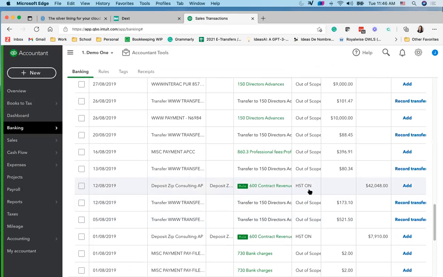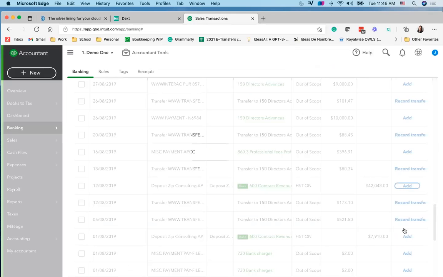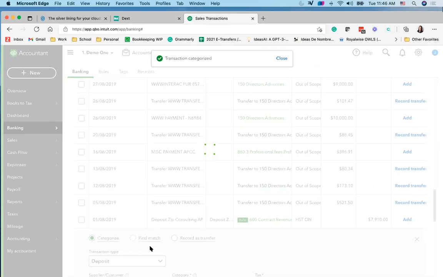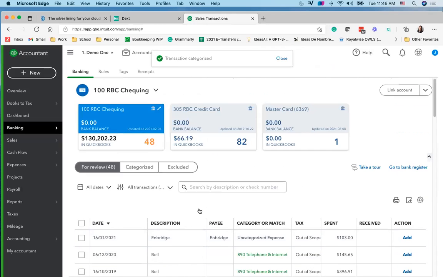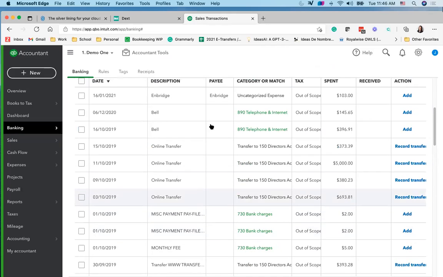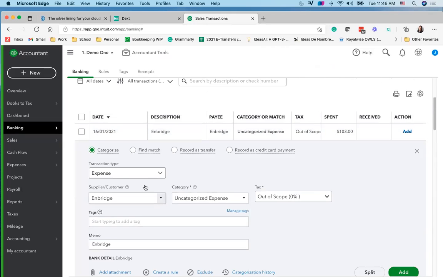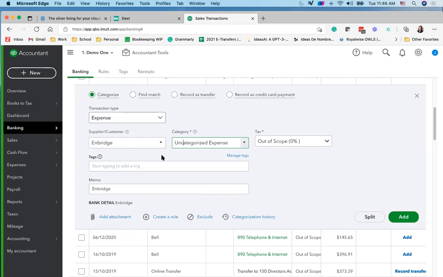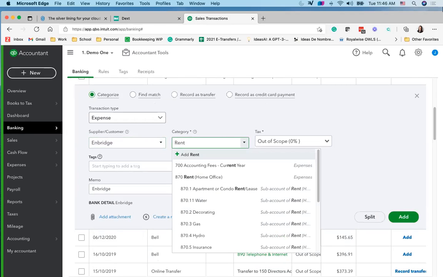And so then I can just add my transactions right here from the bank feed. So that would be how you deal with income in here. Now for expenses, I'm going to show you how to code these expenses, or categorize these expenses, directly from the bank feed. So for example, you have an Enbridge expense come in that would potentially be